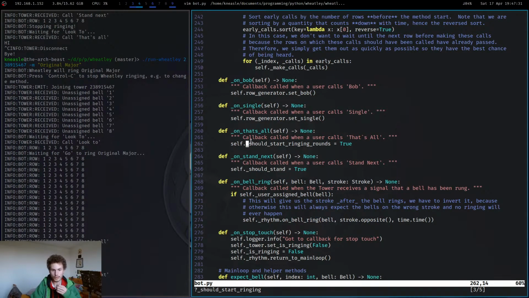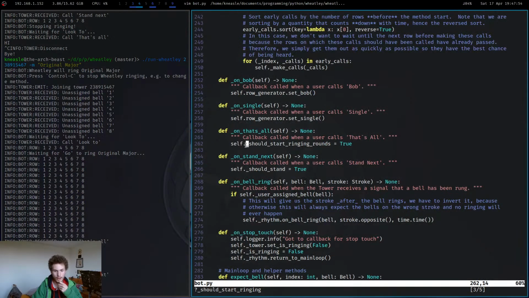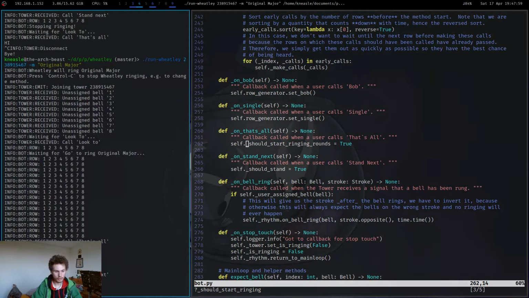So whenever that's all is called, it always sets the flag. It always says we should start ringing rounds, even if we're already ringing rounds, that's the point. So when I called that's all, we can see the log here, which is that we're ringing rounds. We call that's all, and this code gets run. We set should start ringing rounds to true, and then we call go,